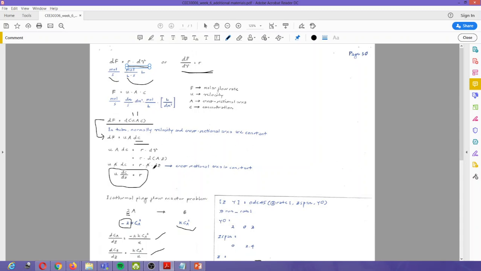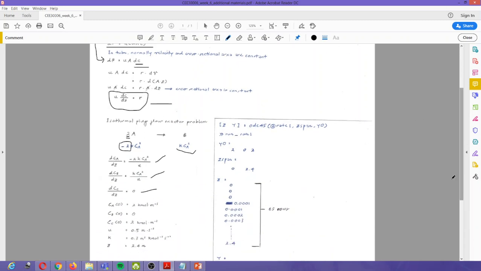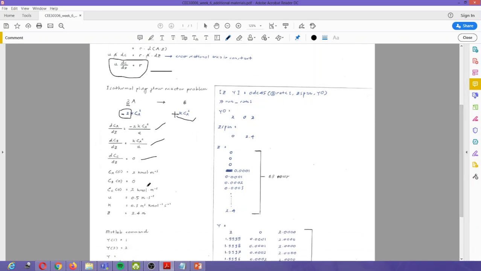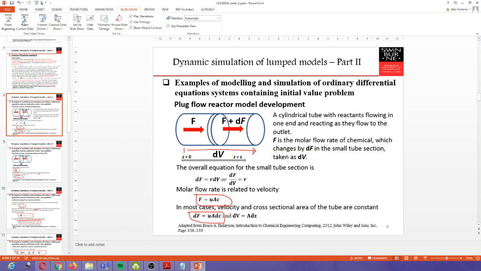Then the A cancels from the left and the right hand side, and you can recover this one. And then by the stoichiometric relations, A is consumed, so that's why it has a negative sign. B is positive because it is produced, and A will be equal to 2 times B, so this is where the 2 is coming from. So you will get dCA per dz, dCB per dz, and dCC per dz. And all these values are specified in our problem. So if we go back again to our slides here,